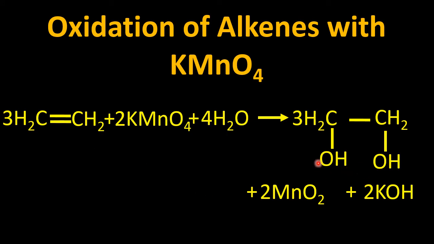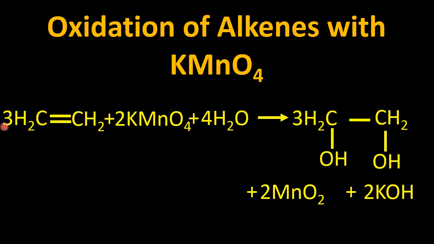Now these 2 hydroxyl groups are present on adjacent carbon atoms, so the product will be named glycol or 1,2-ethanediol. Now in this reaction, how can we balance it? We have to count the number of atoms in the reactants as well as in the products. Now in the reaction, how many carbon atoms are we taking? There are 6. 3 carbon atoms are carbon number 1 as we are taking 3 molecules of ethene, and